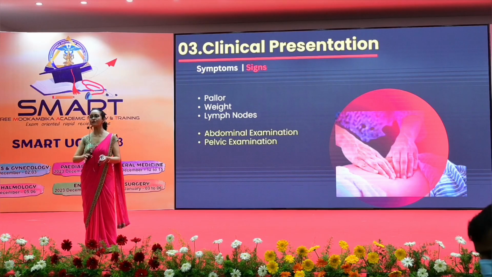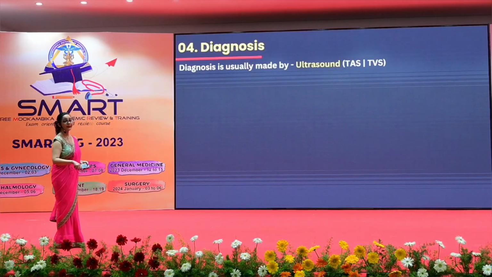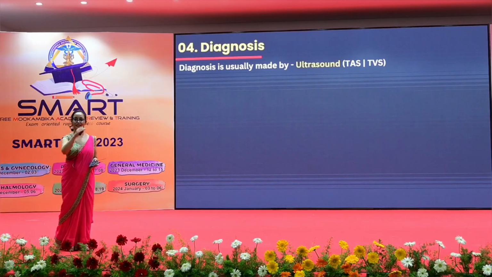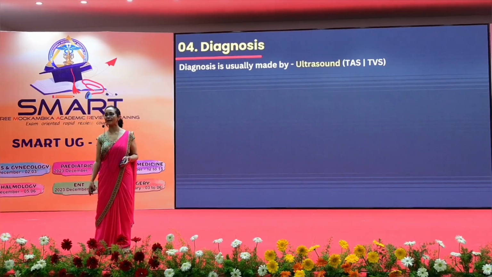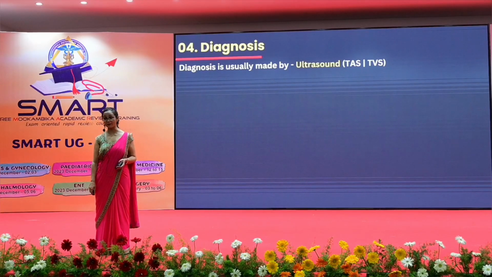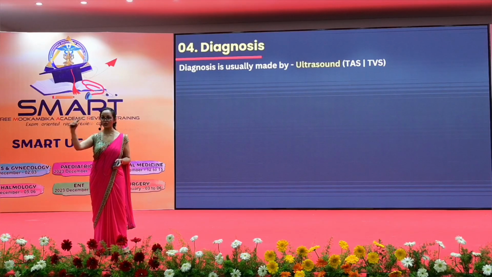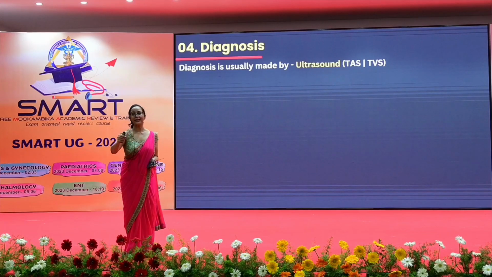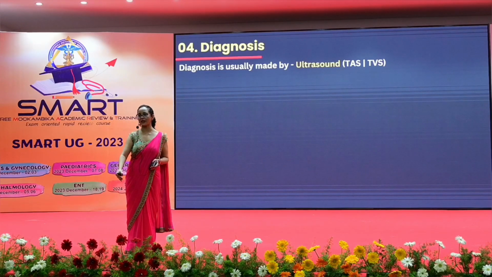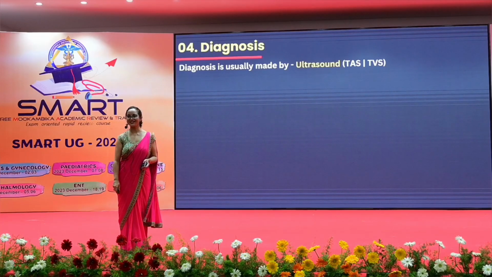There can be some masses which are more than the normal size, but still in the pelvis. Now, how do you make the diagnosis? After doing per abdominal and per vaginal examination, if you are thinking that most likely it is an adnexal mass, the first question is to confirm whether it is actually an adnexal mass or not. The second question is what kind of adnexal mass it is. I have given you a list of things which can happen. By mistake, the answer is written there. So, what is the investigation of choice?